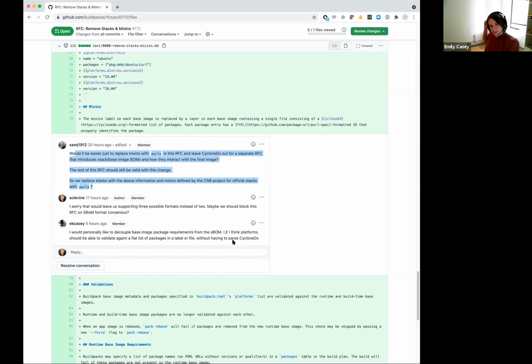You could technically generate a valid CycloneDX SBOM that doesn't have Perl packages in it, right? If it used CPEs instead or something like that.